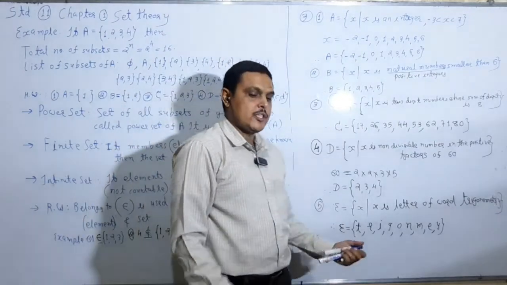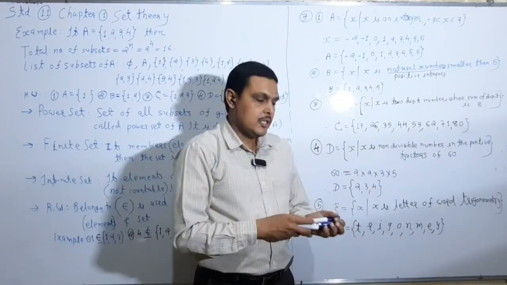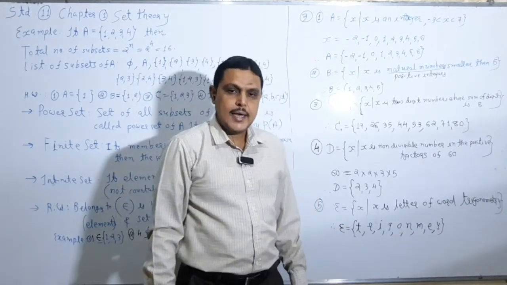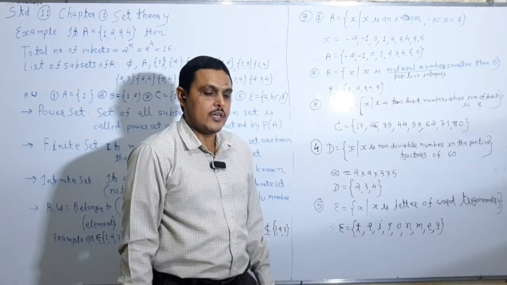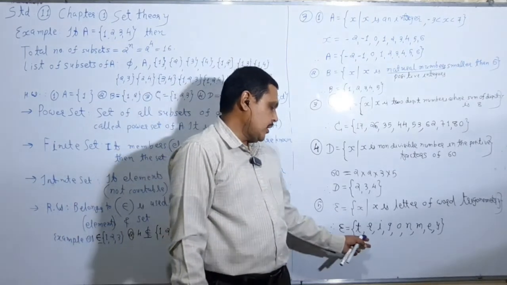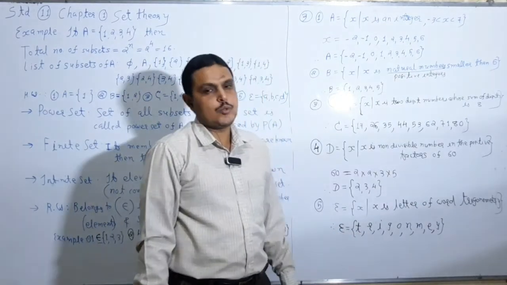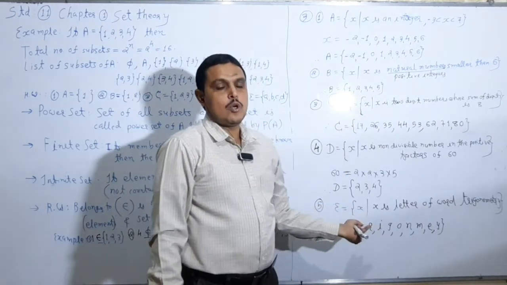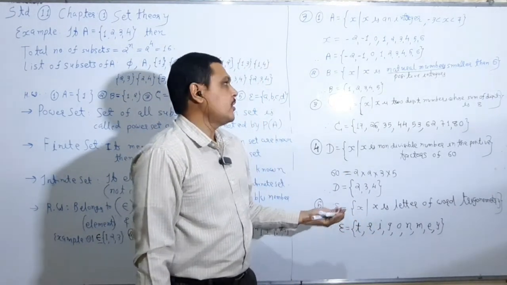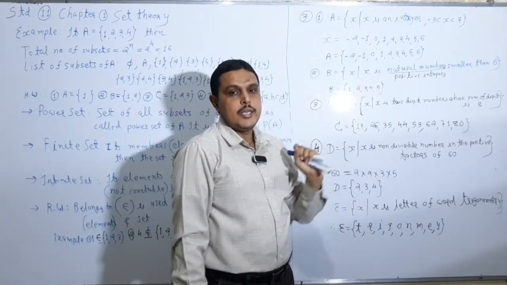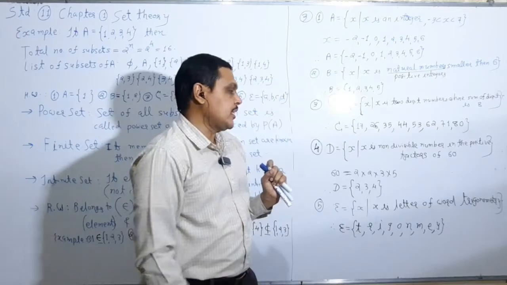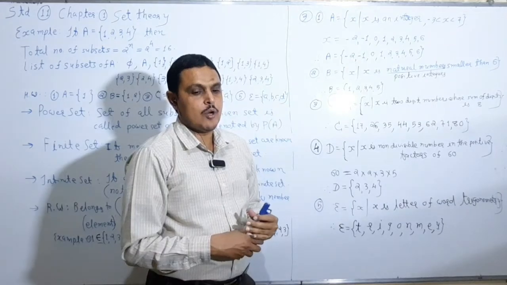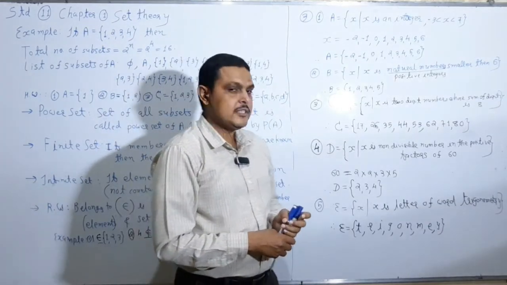Now the last question is similar to question number 5. F is equal to x oblique, x is a letter of the word better. So in this way you can write the answer of that 6th question. So these are examples of conversion of property form into listing form. By using the method of these examples, all of you can solve question number 5 and question number 6 of exercise 1.1. Thank you very much.